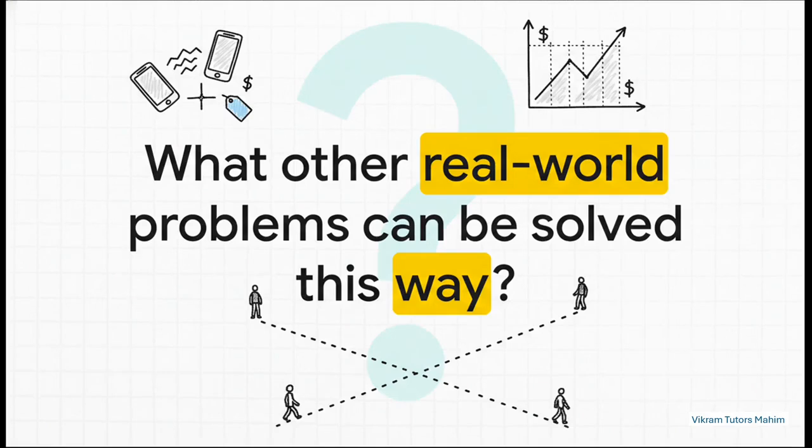And that kind of leaves us with one final question to chew on. We use this whole idea to find a business's break-even point. But what other real-world problems do you think could be solved just by finding where two paths cross? Maybe it's comparing two different cell phone plans to see which one is cheaper in the long run, or figuring out the exact moment when one investment is going to outperform another. The possibilities you'll find are absolutely